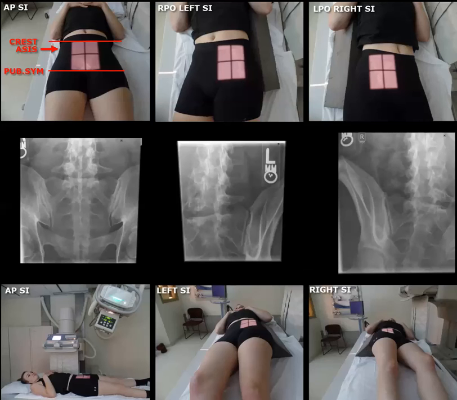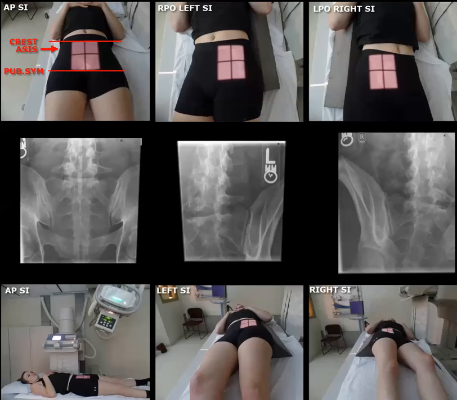All right, so today we're going to look at the AP SI joints, the RPO and the LPO SI joint as well. Starting off with the AP SI joint, we're going to be in a very similar position as we were in the sacrum view. We want the patient to lay supine, have their arms up and out of the way of the anatomy. And once again, we're looking for a central ray entrance point of approximately 1.5 to 2 inches above the